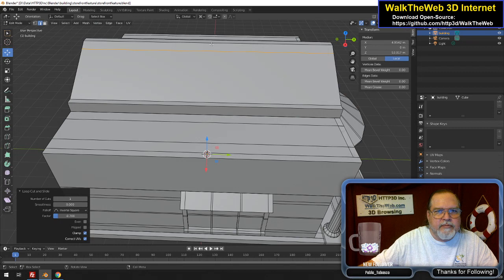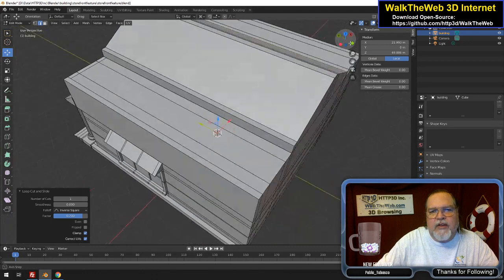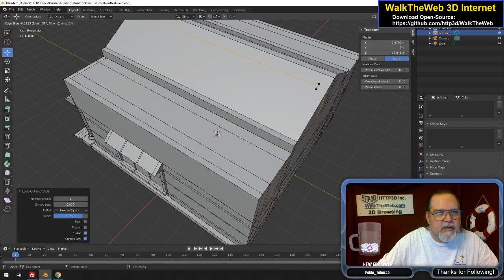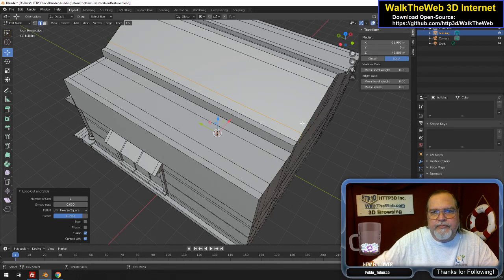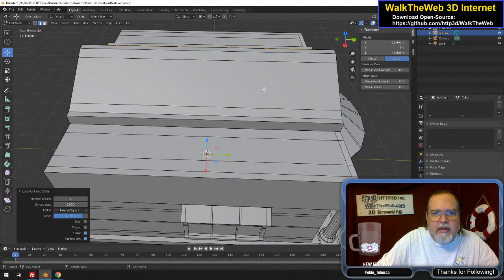So like -0.7. Just want to make sure I can repeat it on both sides here. Loop cut. -0.7. 0.7. Okay, and now if I take